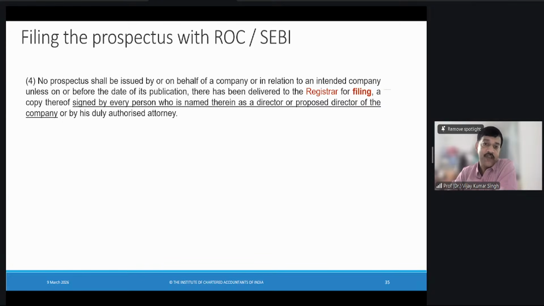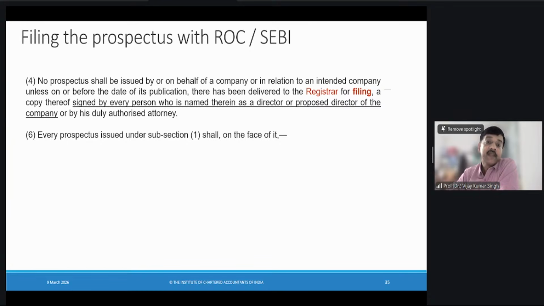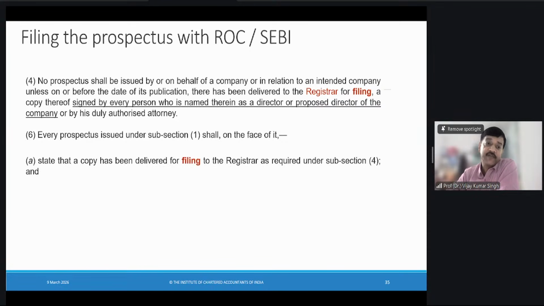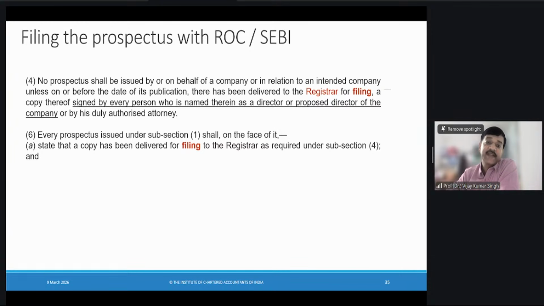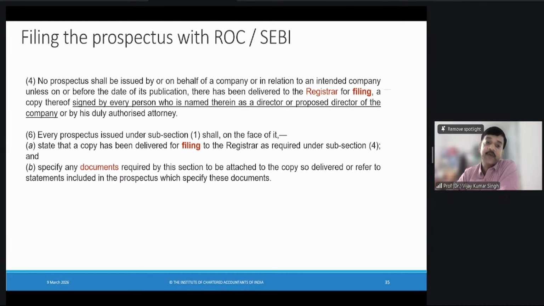Okay. So you have to make a filing of the prospectus and every person who is named in the prospectus has to sign or his duly authorized attorney has to sign. Now, every prospectus issued under subsection 1 shall, on the face of it, state that the copy has been delivered for filing to the registrar as required under subsection 4 and specify any documents required by this section to be attached to the copy so delivered or refer to the statements included in the prospectus